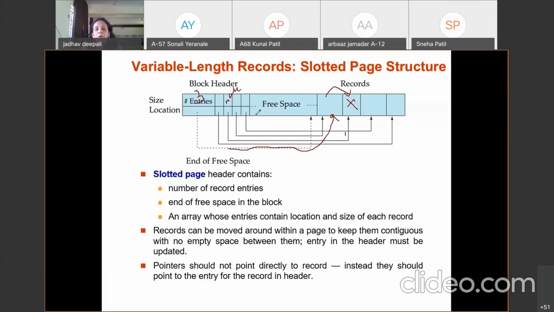That is simple. Now, we delete the record and move the remaining records. If we delete this record, then we need to move the remaining 2 records to this place. As I told you, the movement is actually costly, but it is within the block and the block size is limited to 4 kilobytes, and that's why this movement is not costly. In a block, if there are only 10 records, the movement is only within the block. So if we delete the third record, we need to move only the remaining 7 records. So the block size is limited and that's why this movement is